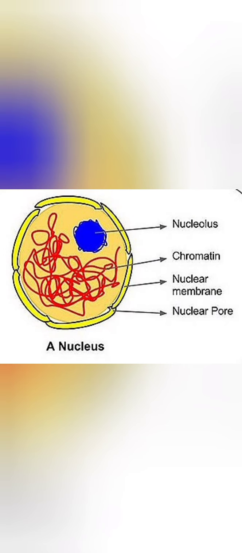Now we will come to the function of the nucleus. Number one, as it was told earlier, it is a unit of heredity, meaning it is responsible for the transfer of characters from one generation to another. Second function, the nucleus is the control center of a cell. It means it controls all the activities of the cell, and it also helps the cell to divide. Whenever a cell is to break from one into two, it is because of this nucleus that it is able to do this activity.